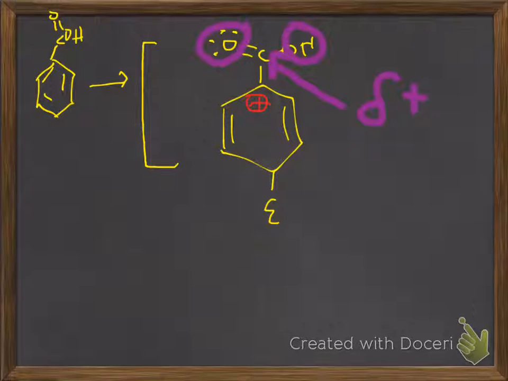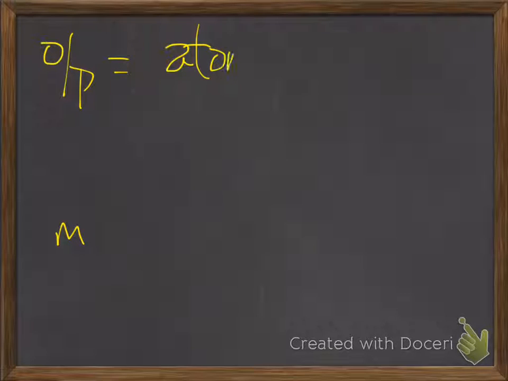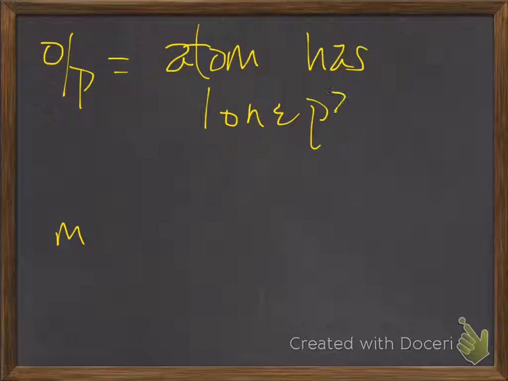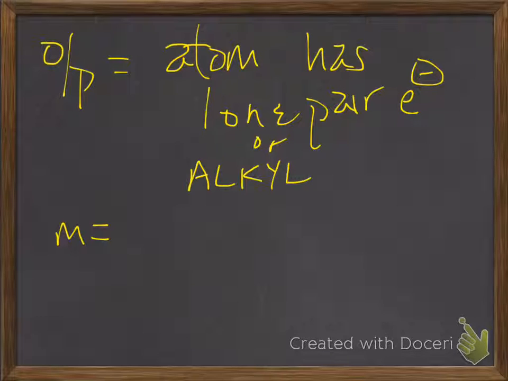So how can someone tell if something is OP versus M? It's going to be an OP directing if the atom directly attached has lone pair electrons, or it's some type of alkyl group, alkane, alkene. Now it's M if the atom directly attached,